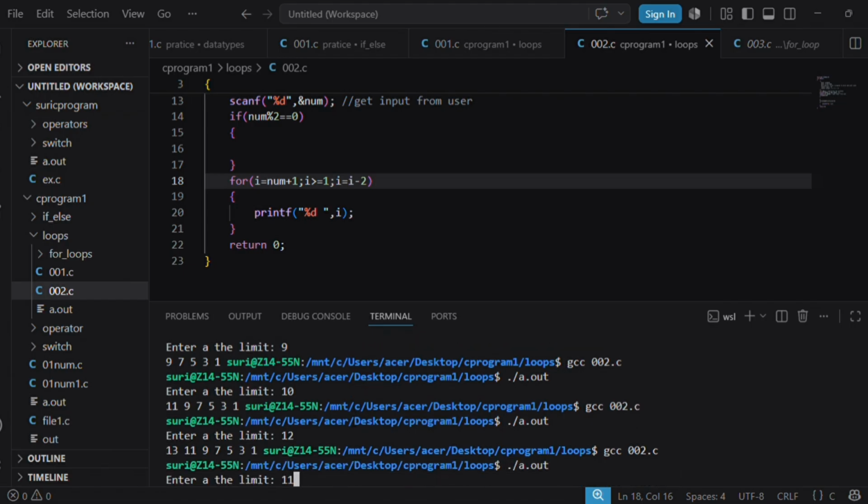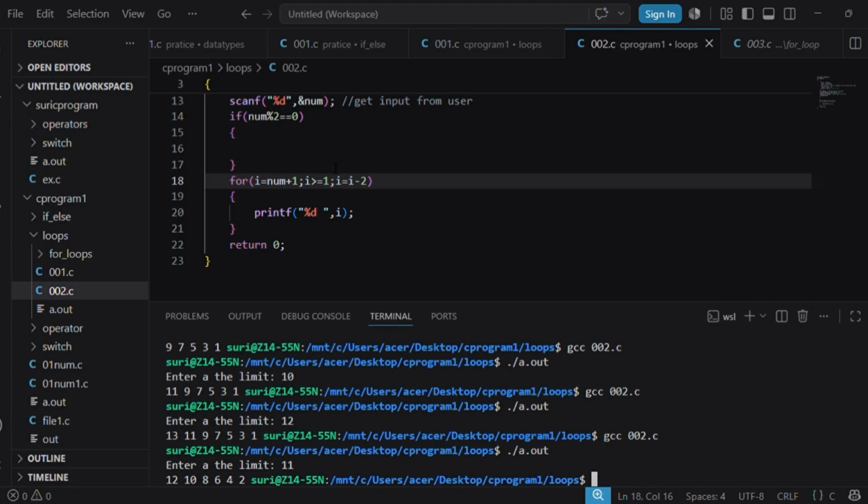Even numbers, so I need only even numbers. How to print only even numbers?